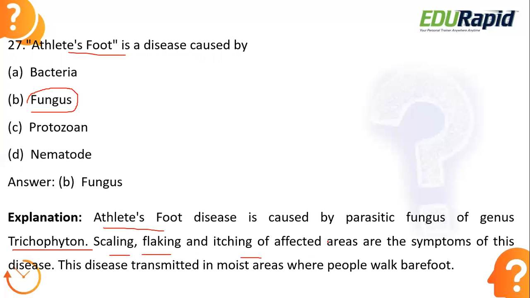Usually the affected area includes the toes. In between the toes, the skin will start itching, then scaling, and it can also be flaking. It is all because when an individual sweats while wearing very tight shoes, the quantity of the fungus starts increasing. That can lead to all these different symptoms. When a person walks barefoot, it is a communicable disease. If this fungus enters a new, healthy individual, it can start infecting that individual as well. So it is a transmittable disease.